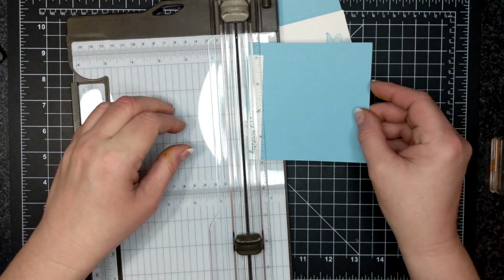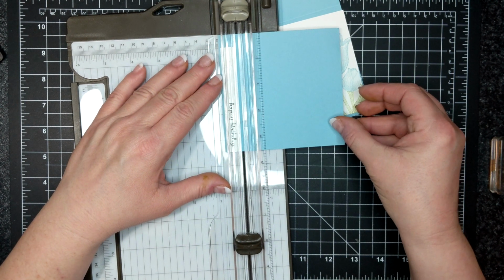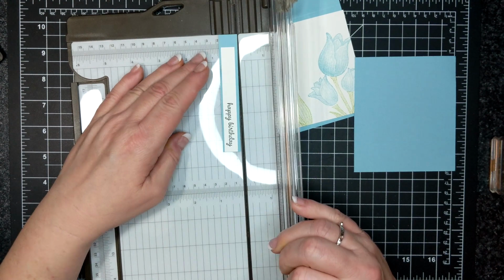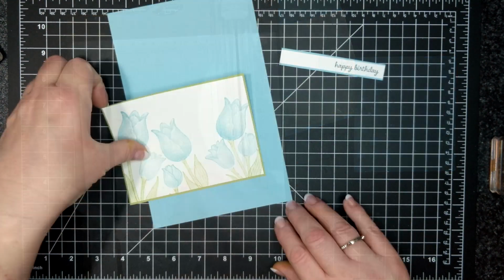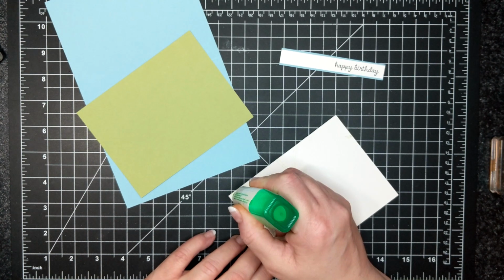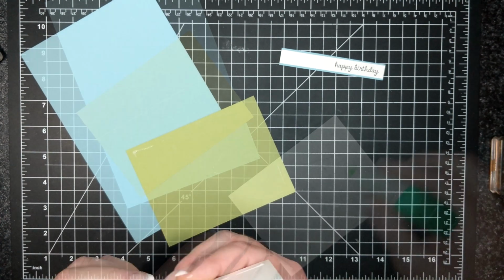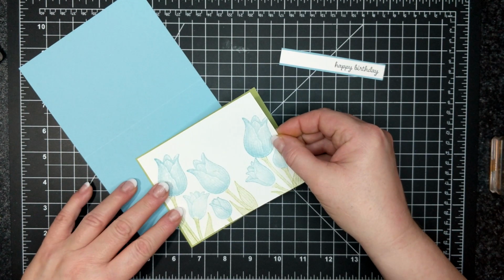And for those of you who are interested, you saw when I actually purchased the trimmer. So I have not changed the blade yet. Just letting you know. All right, so I'm taking my Tombow multi-purpose glue here, and I am adhering my Whisper